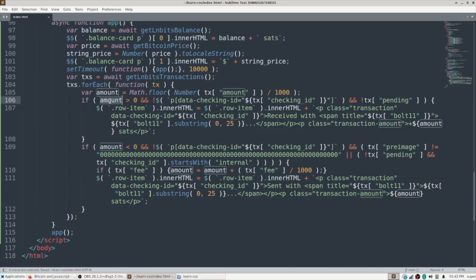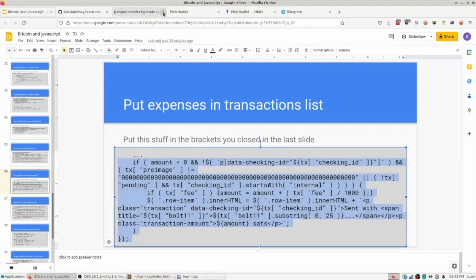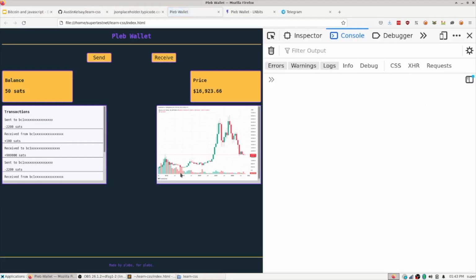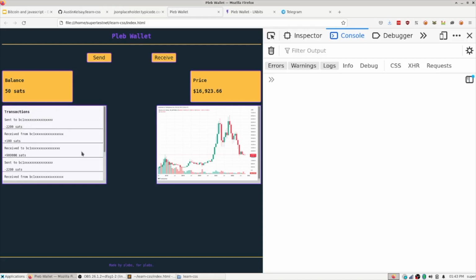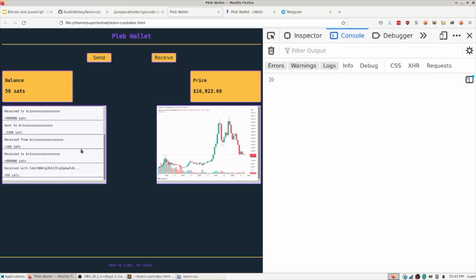So now we are doing stuff with our transactions. And what are we going to do with them? Well, let's refresh and see. If I refresh this, this shows my balance, shows the current Bitcoin price. And now there's something in this transaction table. All the way down here at the bottom, it shows that I received some money using this invoice. I received 50 cents. All right, well, I'm going to tell you how it knows that in just a second,